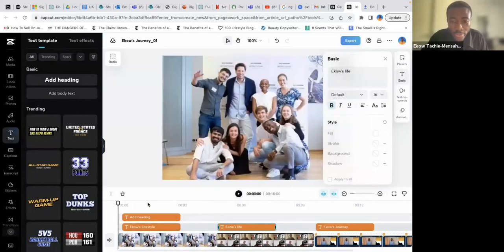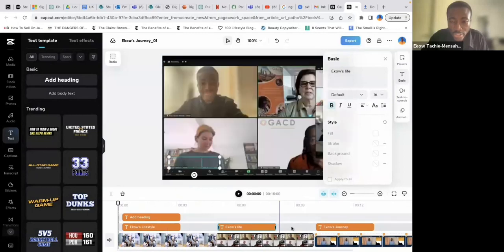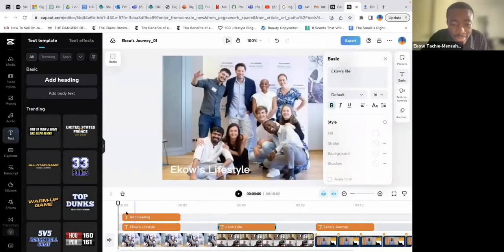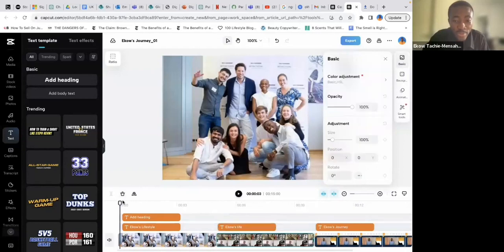It shows the various sessions, and then there are timings. When Echo's Lifestyle appears, you can decide how many seconds you want that particular text to remain on the screen. If you want it to remain throughout the whole session, there's this icon that will allow you to do that, the one that I'm dragging right now.